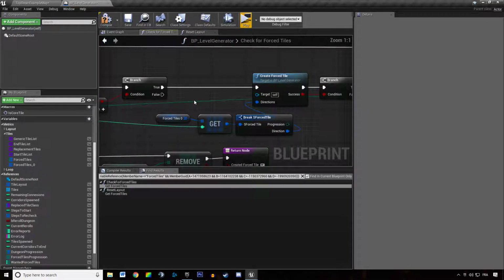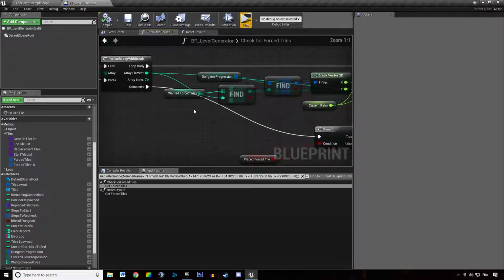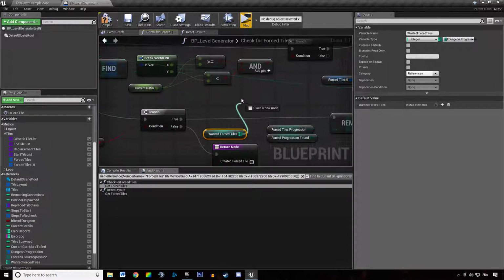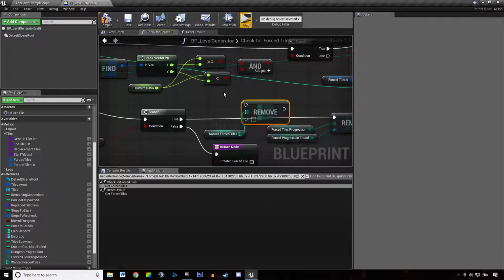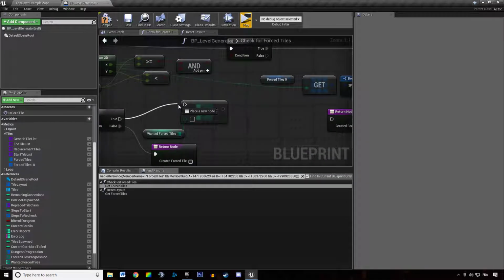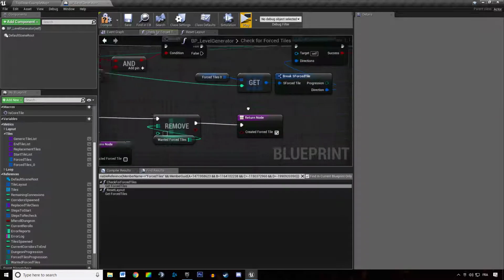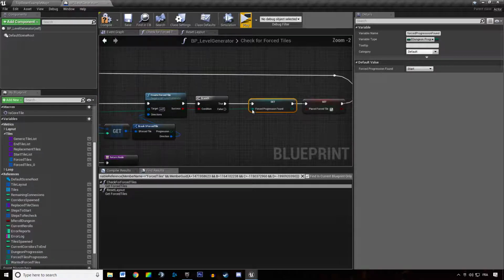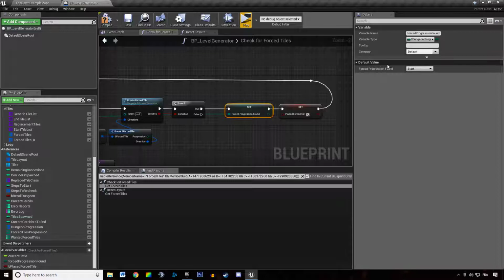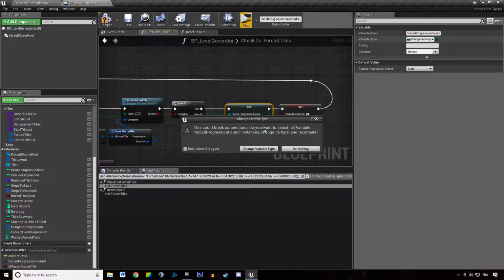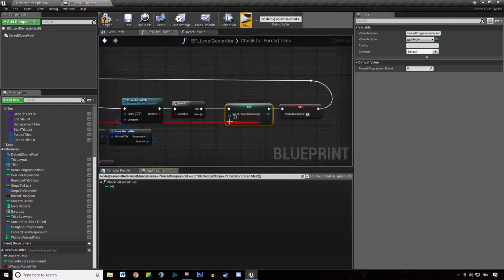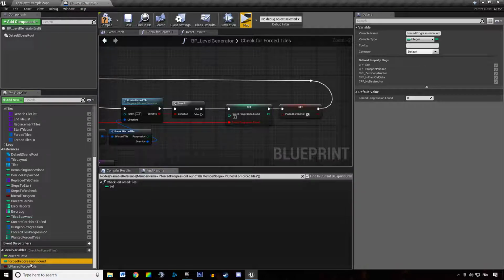So we're getting the proper index in our array stored in our map, and then we want to get rid of it. We want to remove the index we placed. So this is not the forced progression found. We don't want to store that anymore. We want to store an integer. We want to change the variable type. Forced progression found,